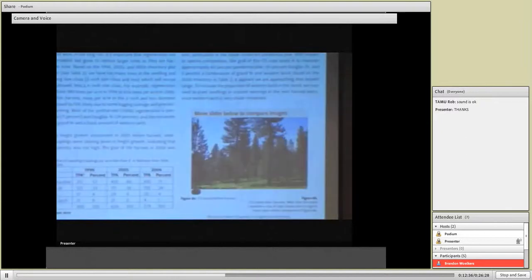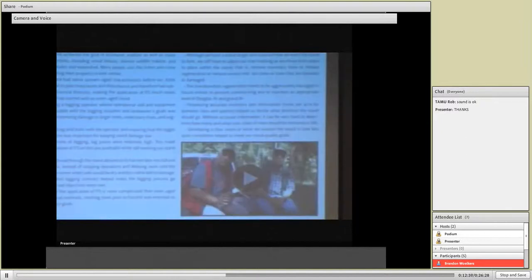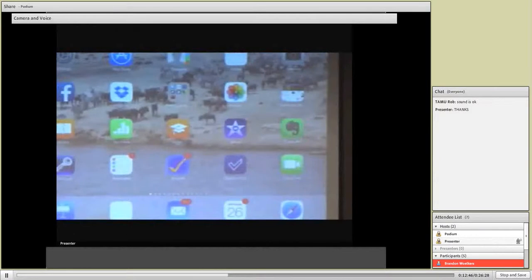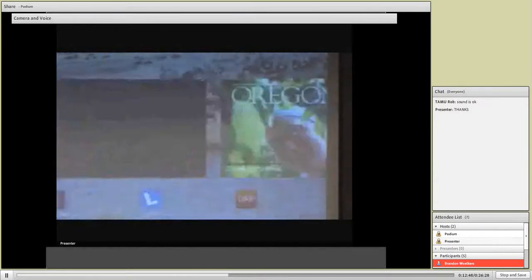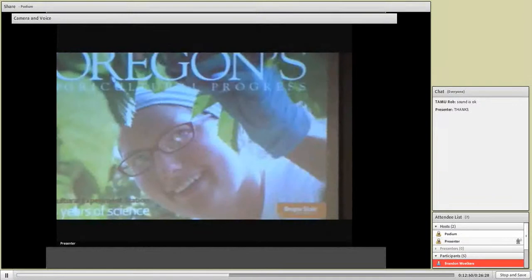So with that, though, we also realized that we could do other things. For example, let me show you our OIP Magazine. We're very proud of the OIP Magazine. It's a color glossy photo-heavy magazine that goes out for our ag experiment stations. We use DPS, again, to show what's possible to our faculty and to the university as a whole.